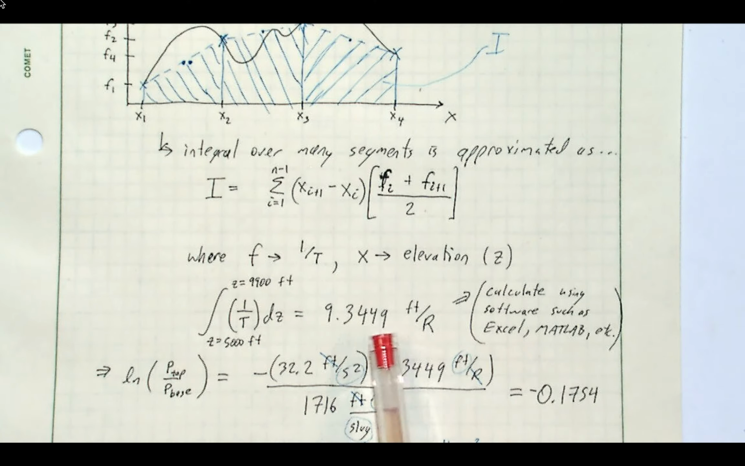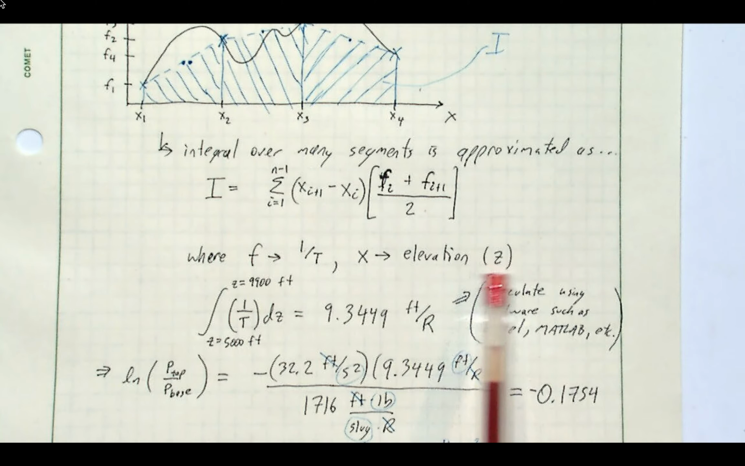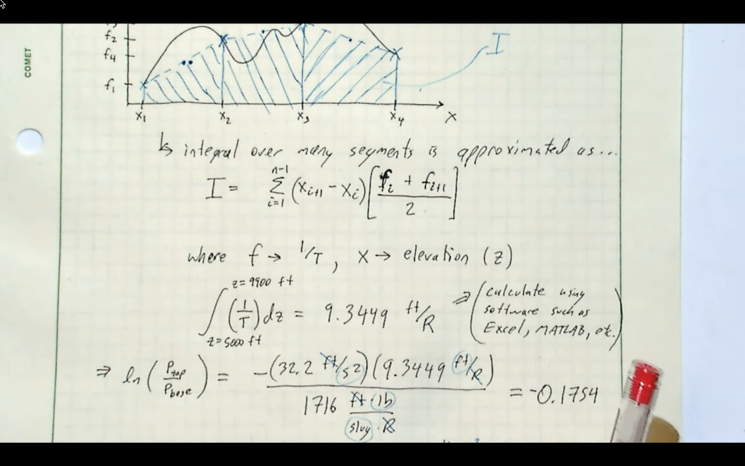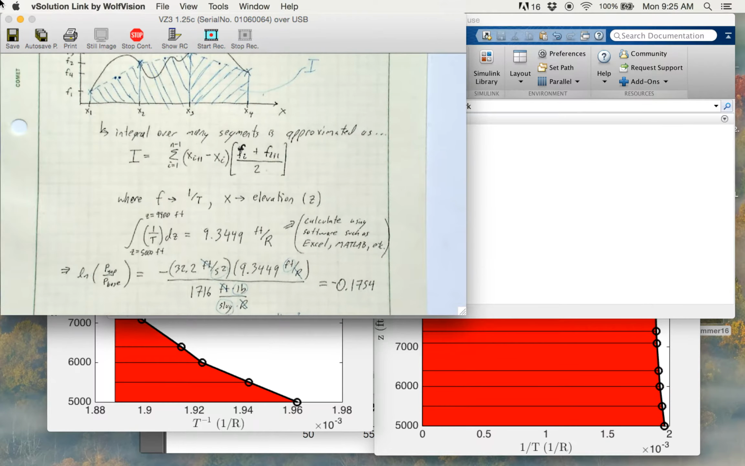This isn't just magic, this 9.3449 feet per Rankine. I didn't just come up with this, so let's look at how we got it. In general, you can use any software that can do simple data analysis or data processing. I'm going to show you both in Excel and MATLAB, MATLAB being my preferred method. So let's start here with